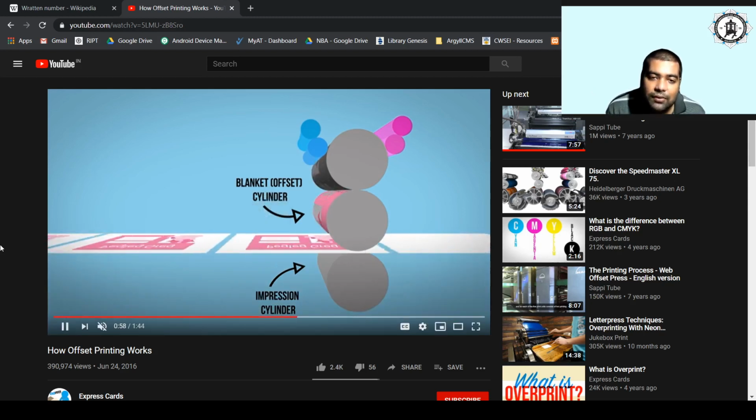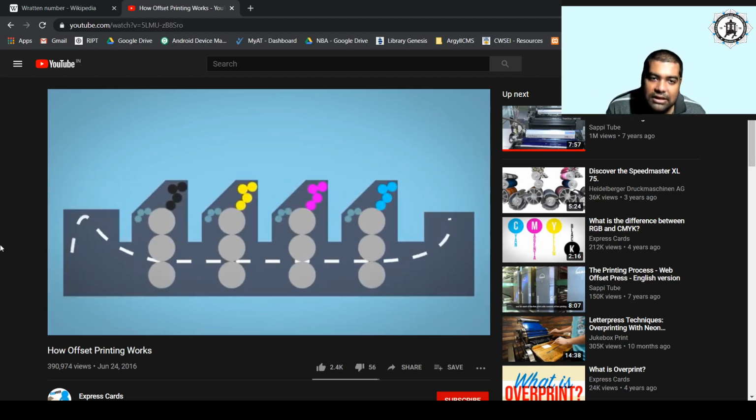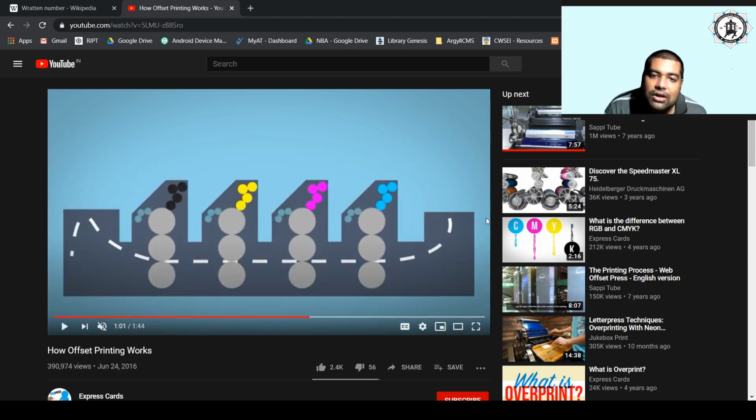Now let us take a look at multicolor printing. This is basically your multicolor process. This is your feeding section, this is your delivery section. The first unit contains, let us say, the printing using your cyan ink. This is the plate cylinder, so it will contain the cyan plate. It will transfer the image onto the blanket and finally onto the paper. So the first down ink here is the cyan ink, where the paper is printed using the cyan ink. Then the same paper is transported into the next printing couple, where it will be printed with the magenta ink.